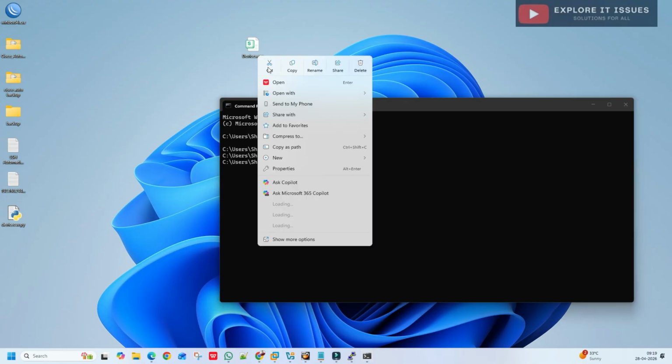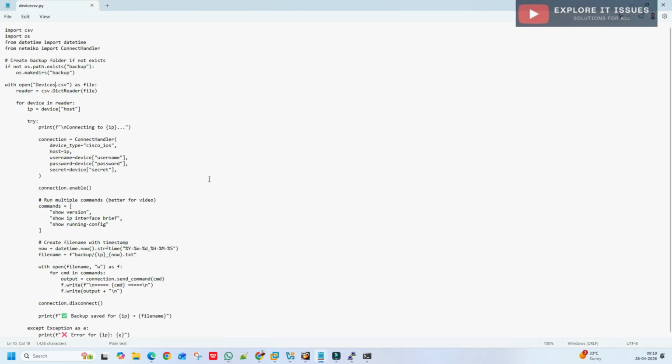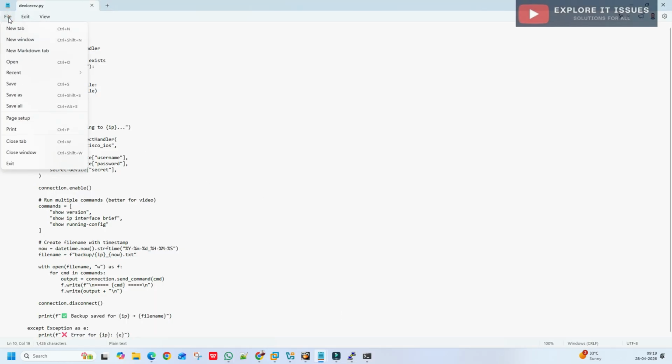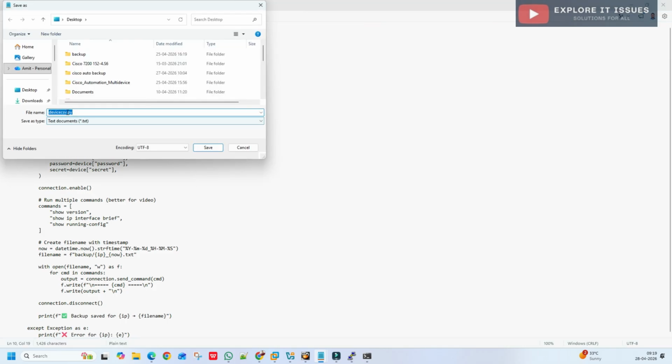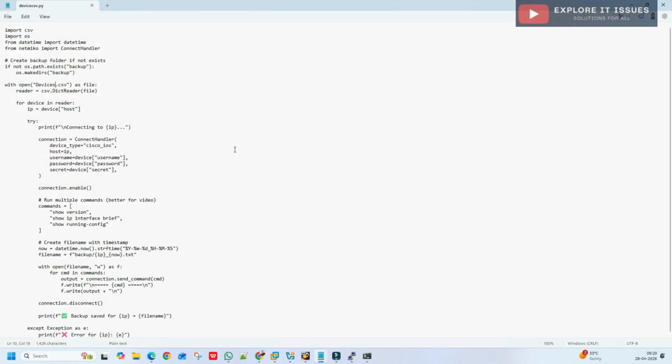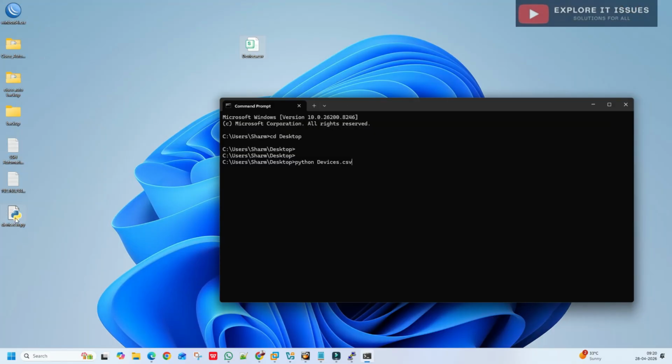So I open it again and save it. Wait, there is no need to do this, because we have already created devices.py, this one, so we are using the same extension.